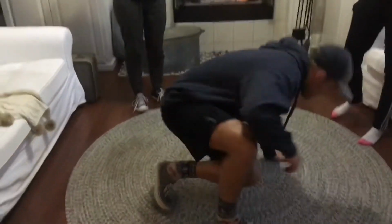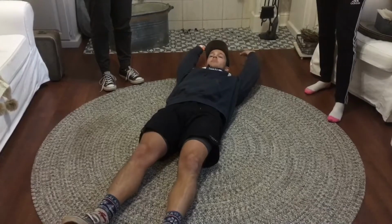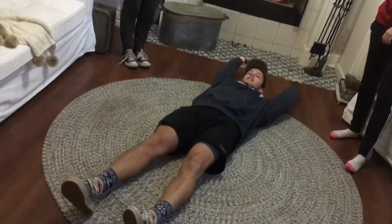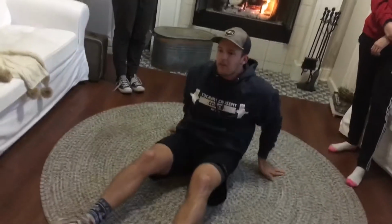Guys, so what we're going to do before we go outside and work on actual toes to bar is practice being in a hollow position, just getting comfortable with moving our bodies in this way. So we have this little drill on the ground that I'm going to show you guys really quick. What we're going to do is lay on this mat here, and when I say up, what you're going to do is bring your shoulders and your legs off the ground and get in this hollow position, hold it, and then back down. Okay, we're going to work on this back and forth for maybe 3 to 5 reps,